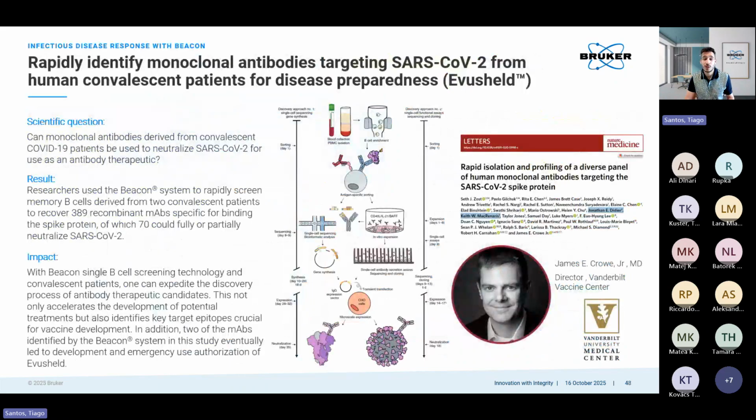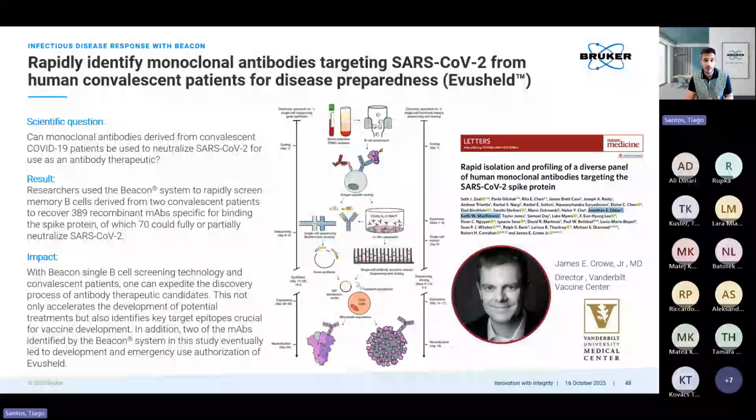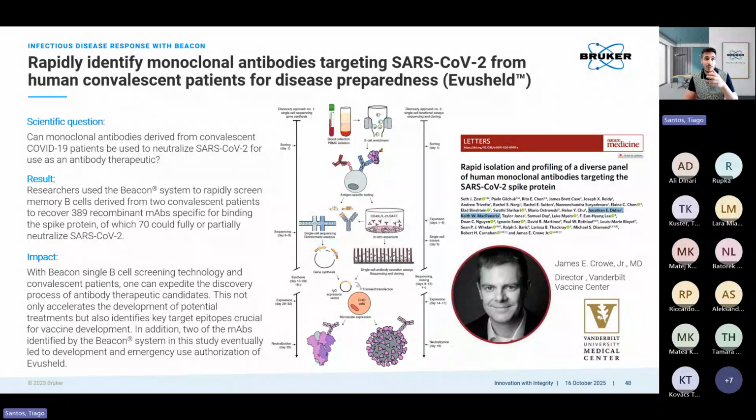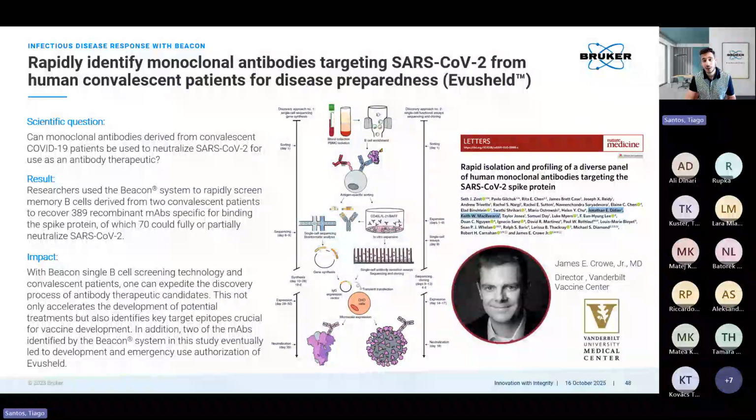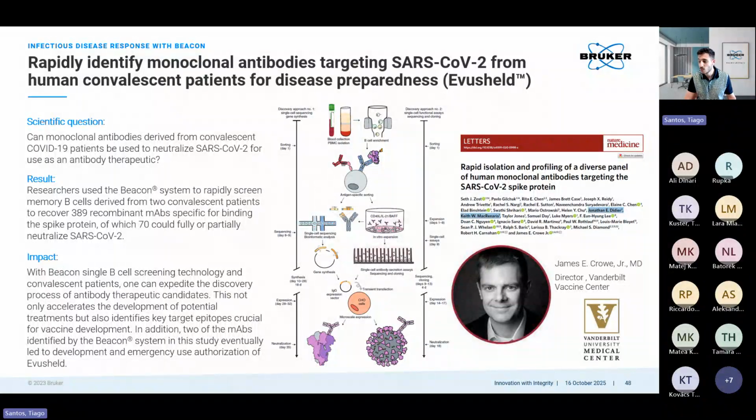And we have as well examples that highlight the power of Beacon on fast screening for antibody discovery. So this case study made Beacon famous actually. It was the work of James Crow at Vanderbilt during COVID-19. So they did have access to one of the first cohorts of patients that did have COVID-19 and recovered from COVID-19. So they collected the blood, they isolated the B cells, they screened on Beacon, once again,